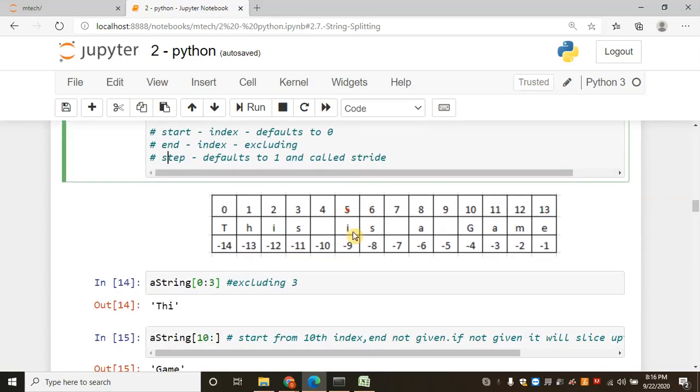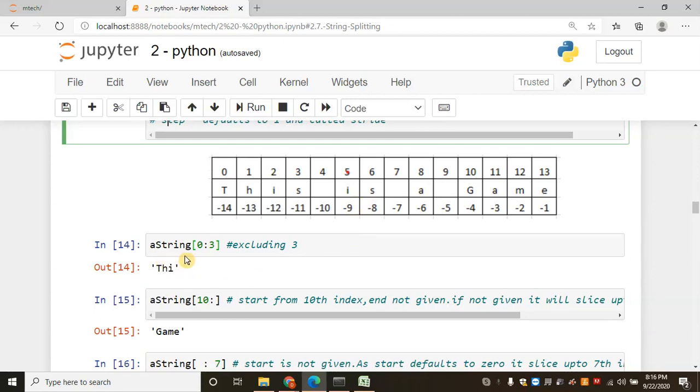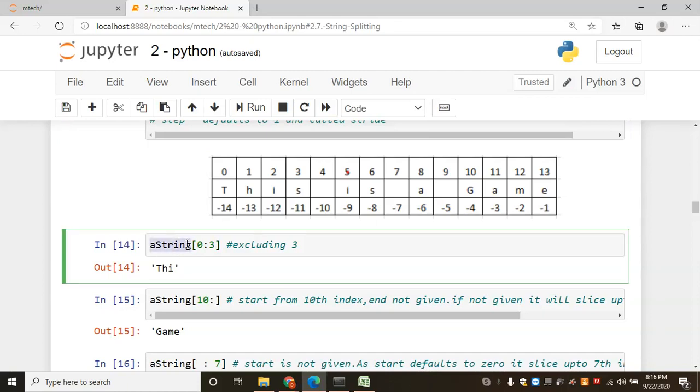Let us understand slicing using some examples. For example, a string of 0 colon 3. So we are saying slice the string, start from index 0 which is t and slice up to 3 but not 3. Which means 2, which is i. So we get thi.